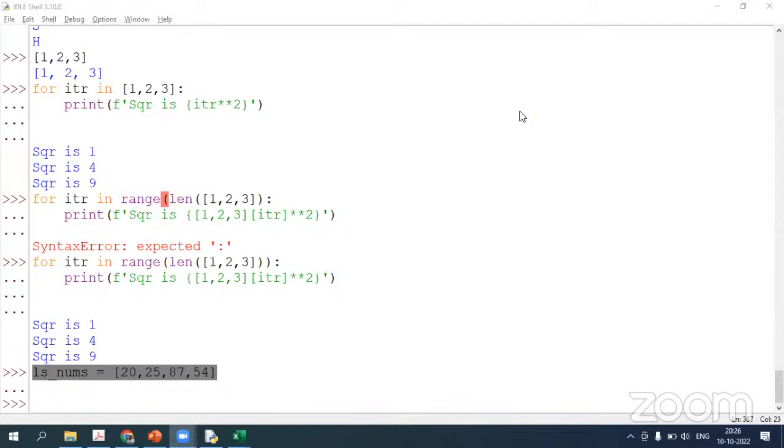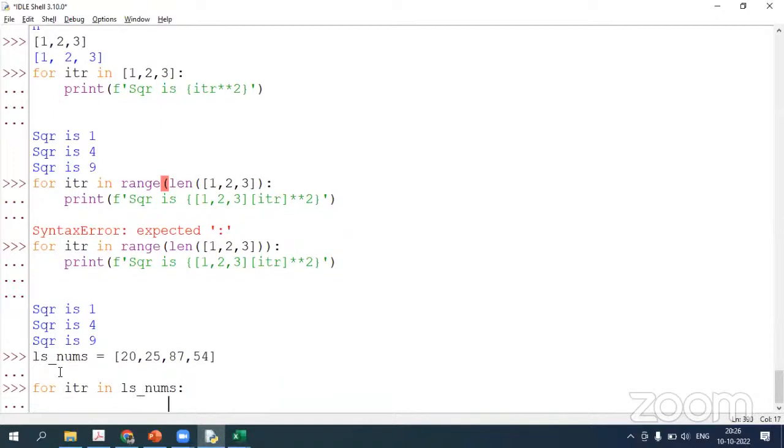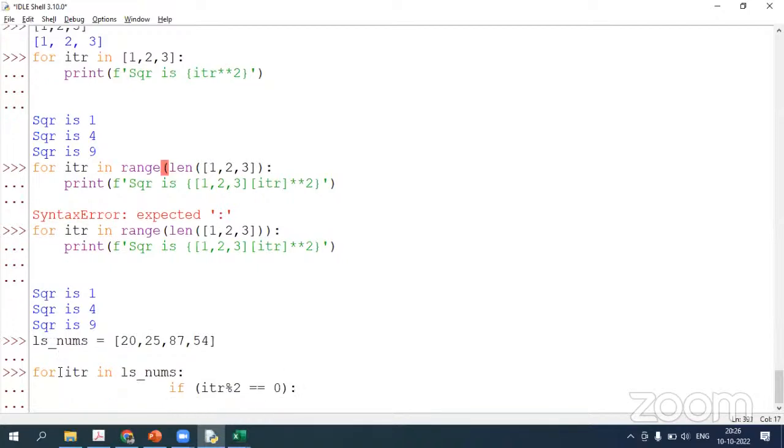Okay, for those who are still struggling with the question, yeah, very good, Mahitha. Let me say, I will loop through the list of numbers: for itr in ls_nums. And what I will say, if this number which I have now is divisible by 2, so it's an even number, I will say, there's a problem with the indentation in my case,